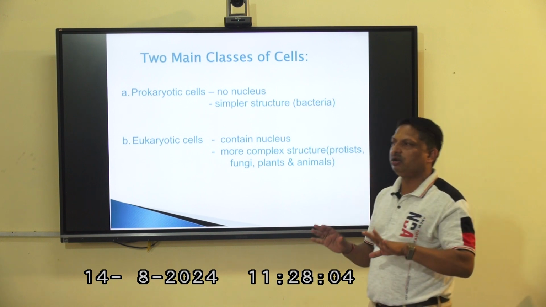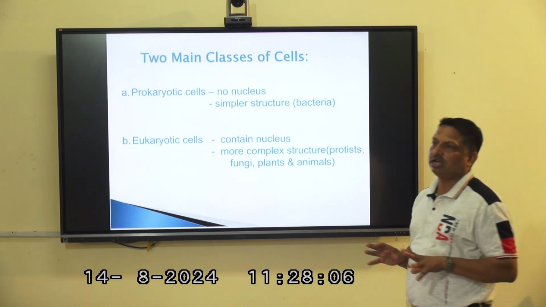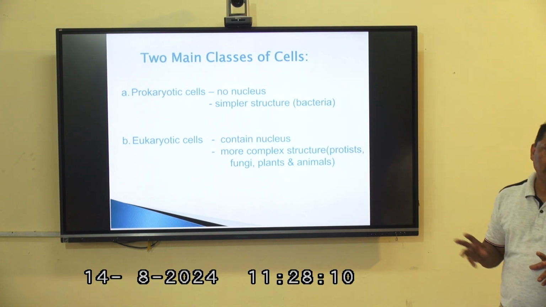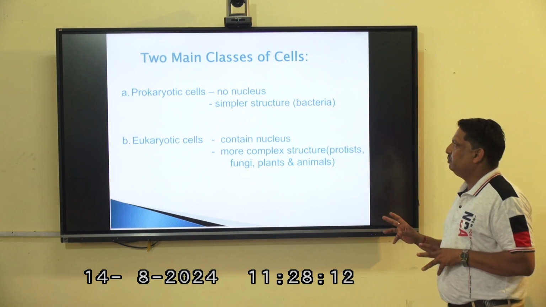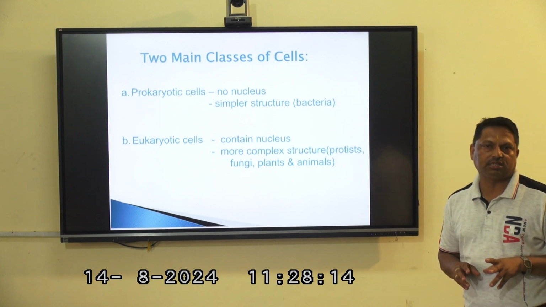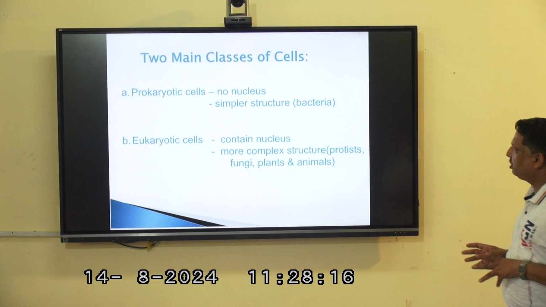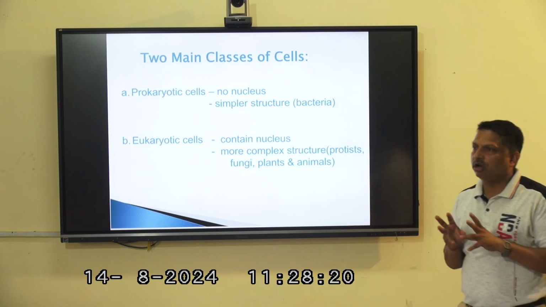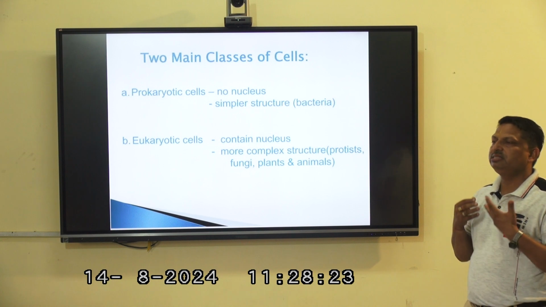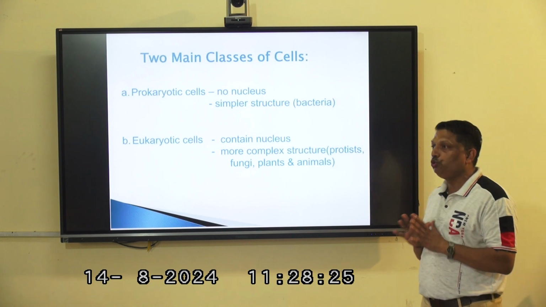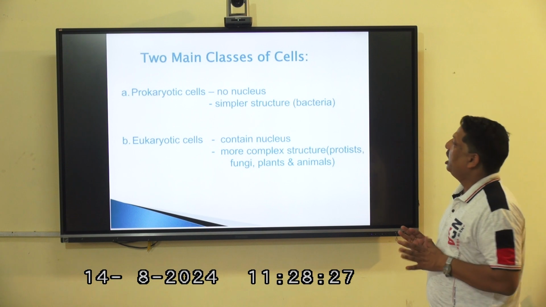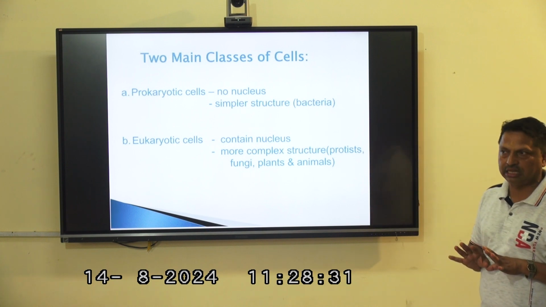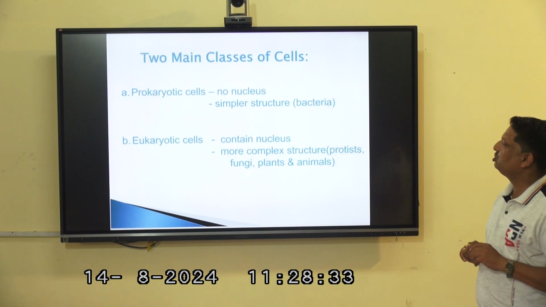This is the very fundamental thing whenever we talk about the fundamentals in cell biology. This is the very keystone statement about cell biology. That means cells are divided into two parts: prokaryotic cells and eukaryotic cells. And more importantly, if you talk about prokaryotic cells, the single statement is that they have no nucleus. These are simple structures. Bacteria are the main instances of this group.